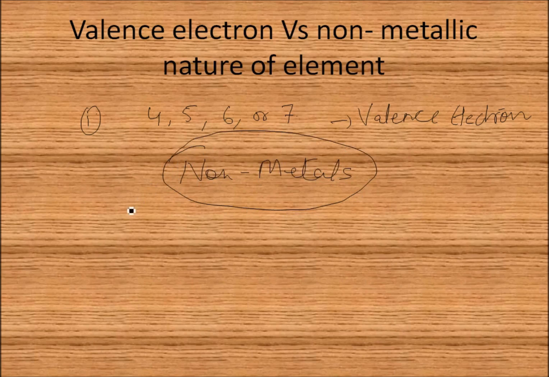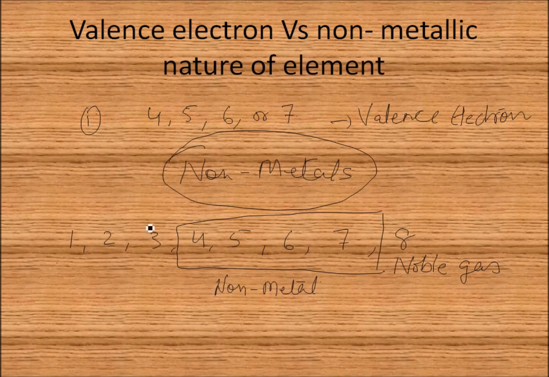Don't get confused. Let's take a scale 1, 2, 3, 4, 5, 6, 7, 8. Actually it is from 1 to 8, but at 8 it is a noble gas. From 4 to 7 it is non-metal, and from 1 to 3 it is metal,